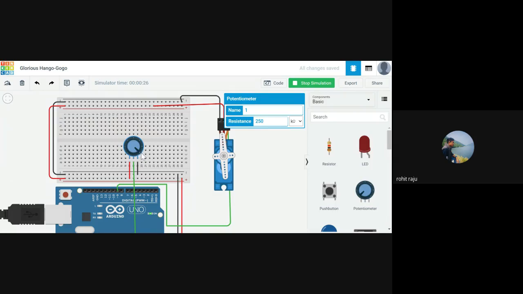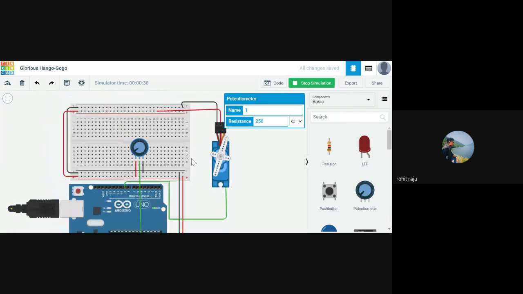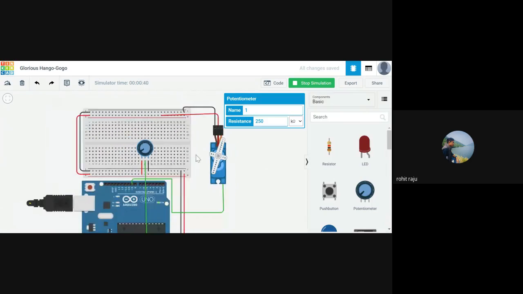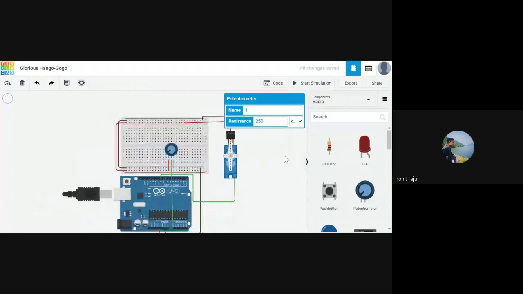So this is the final reading. This is the initial reading. So it turns all the way from 0 to 180 degrees. You can also turn it back. So that's it for the servo motor experiment. If there are any doubts, you can ask me in the chat box. I'm stopping the simulation. Harshita can take on from here.